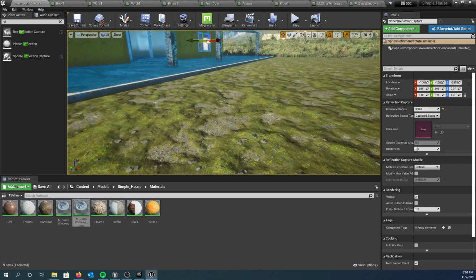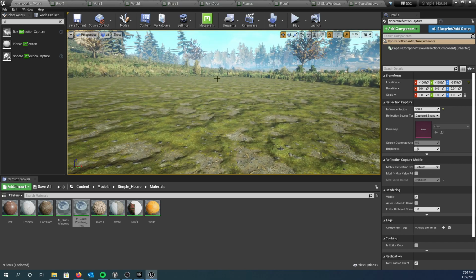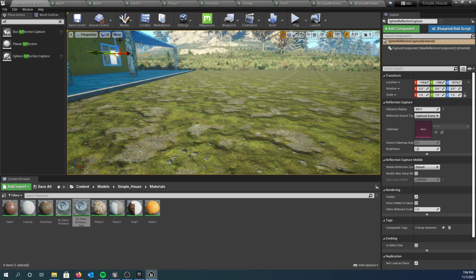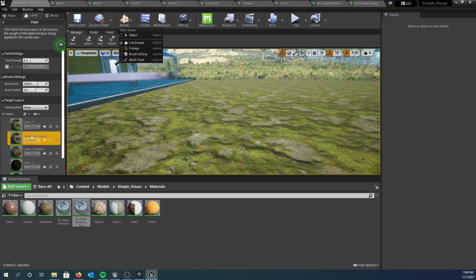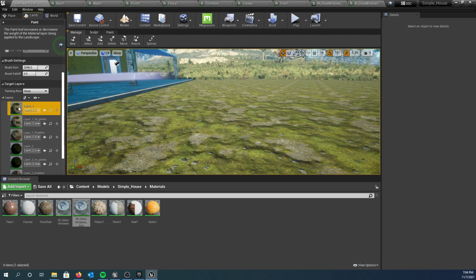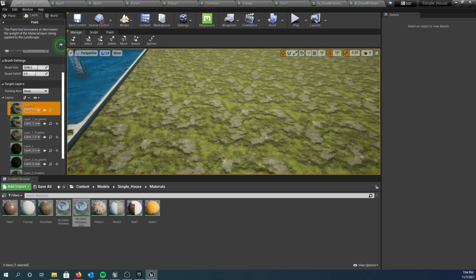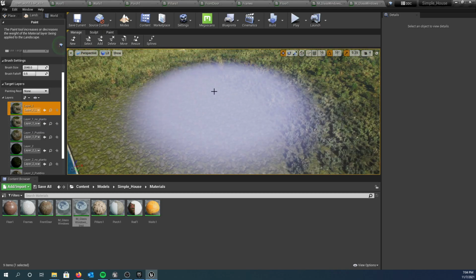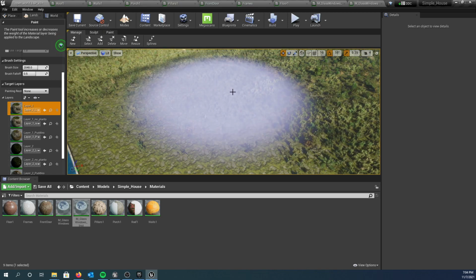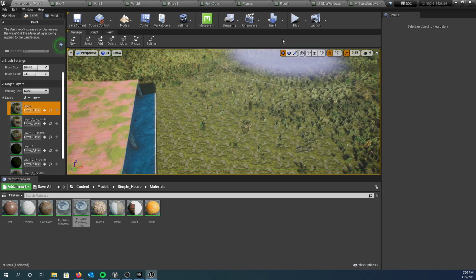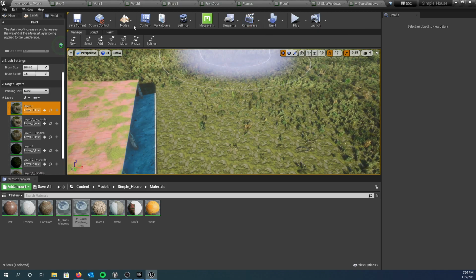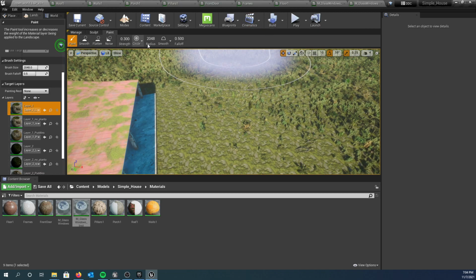The last thing we're going to do is talk about how to put this grass that we erased back into the scene. And again, we're going to go back into mode. We're going to go to our landscape. We're going to select layer number 1 right here, and my little area out here, and as I start to paint it, you can see it starts to appear back in there. So what I want to do is go to my paint,